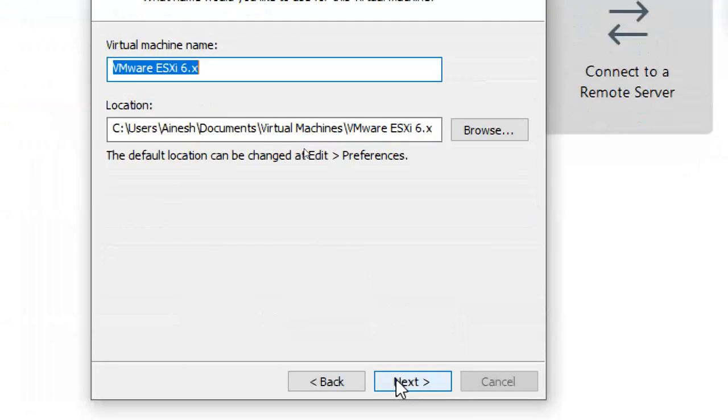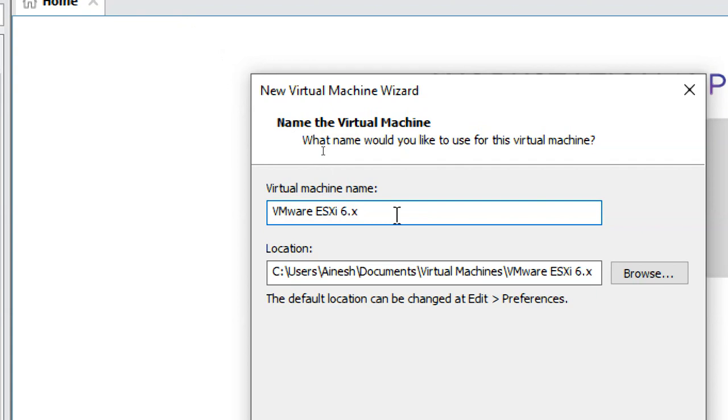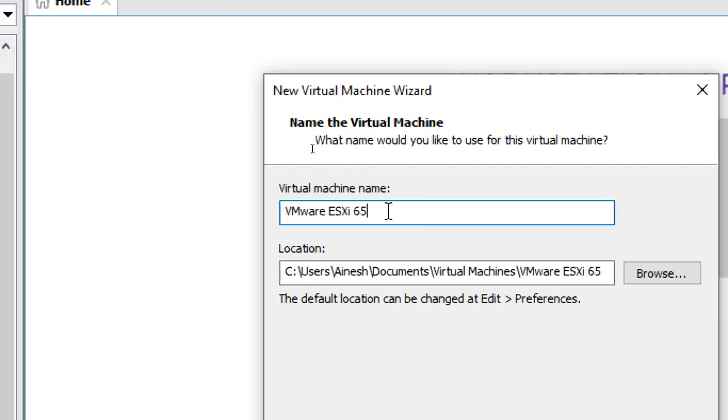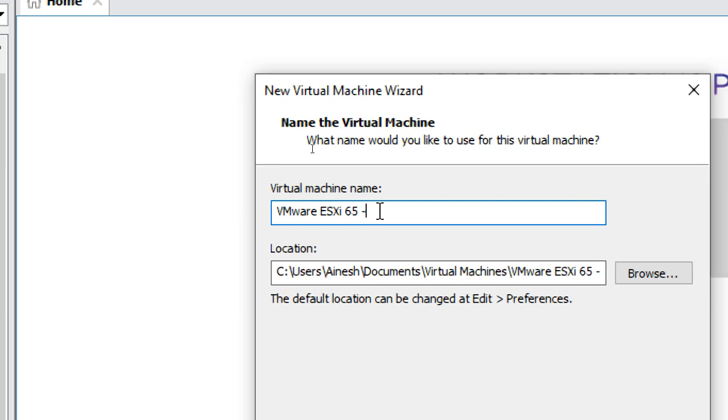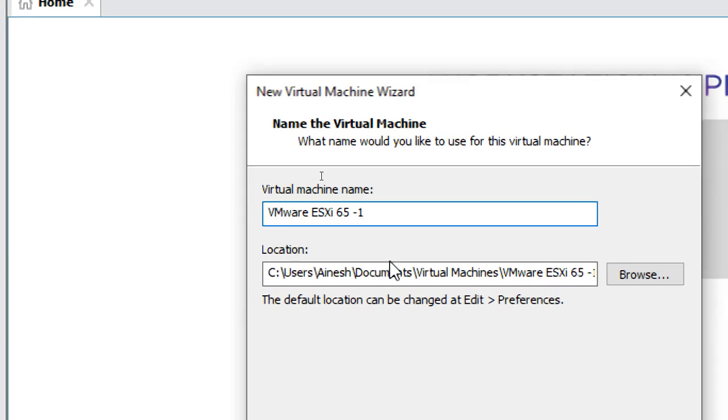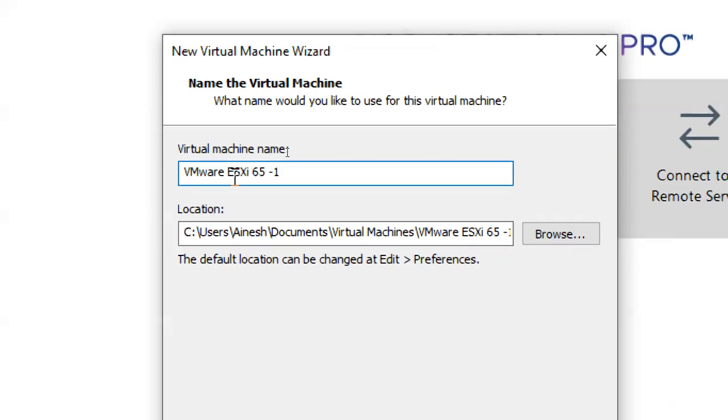Next, you have to give a name properly. I'm giving an easy name, 6.5 1. The remaining you can reduce. Why do we need more space? Any server name is okay.